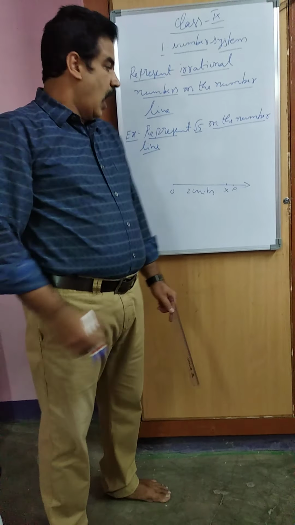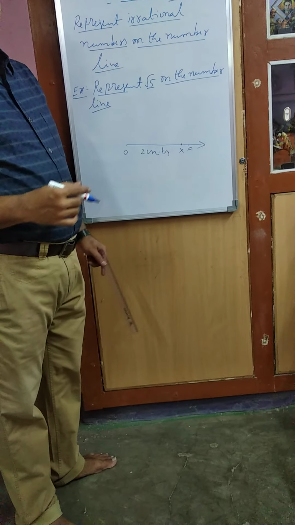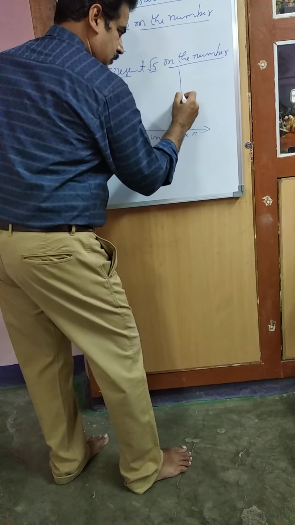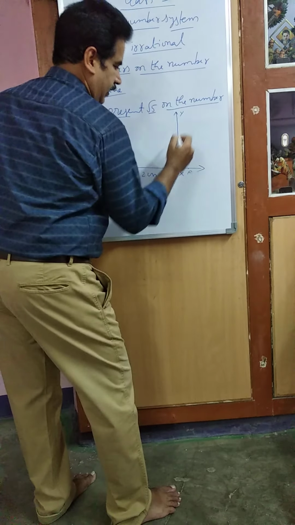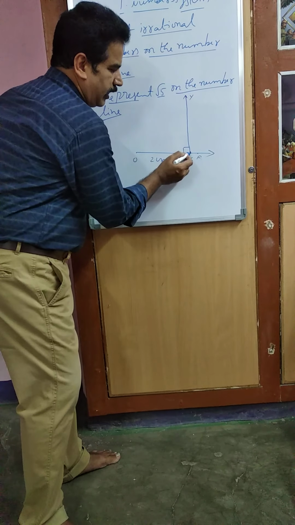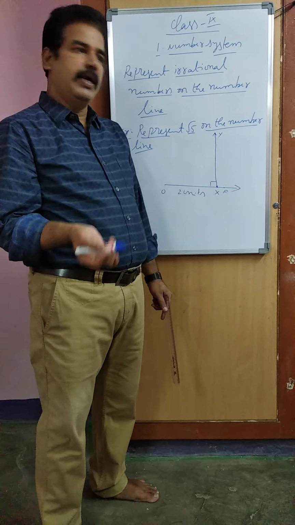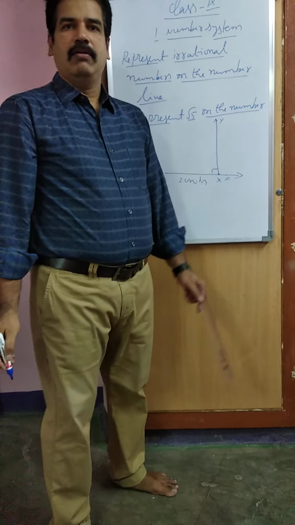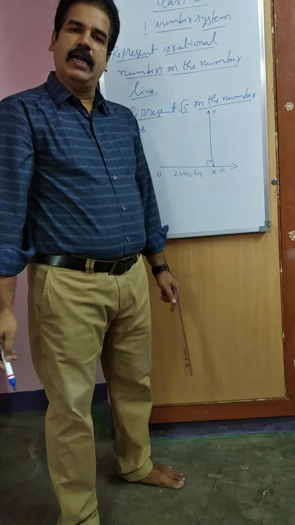2 units we kept, and through X you draw a perpendicular line, 90 degrees. Using protractor you can draw 90 degrees. Otherwise, you already learned in 8th class how to construct 90 degrees with ruler and compass. That you can do. So construct XY ray with 90 degrees. OXY is equal to 90 degrees.